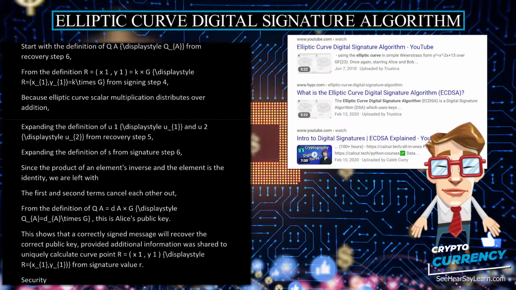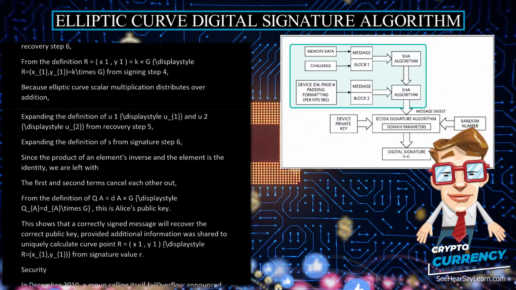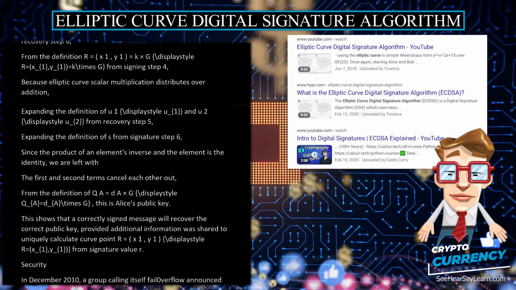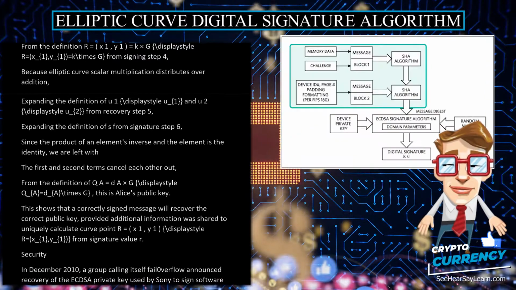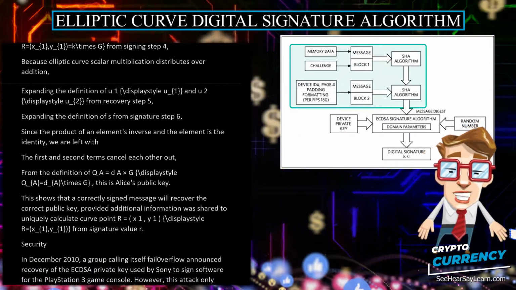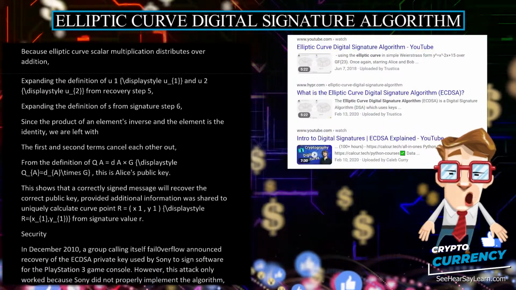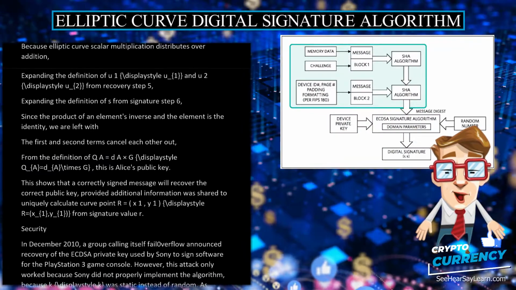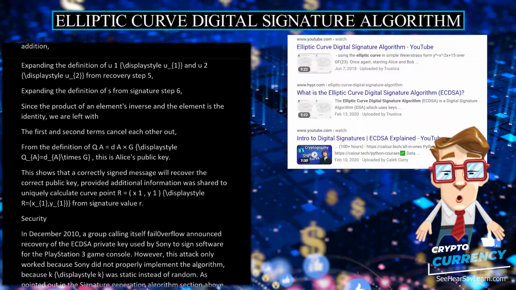Since the product of an element's inverse and the element is the identity, we are left with terms where the first and second terms cancel each other out. From the definition of Q_A equals d_A times G, this is Alice's public key. This shows that a correctly signed message will recover the correct public key, provided additional information was